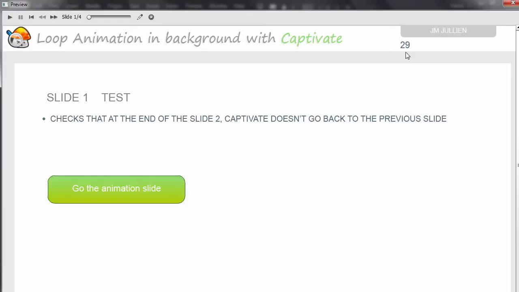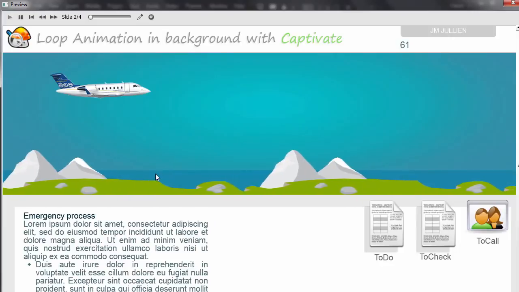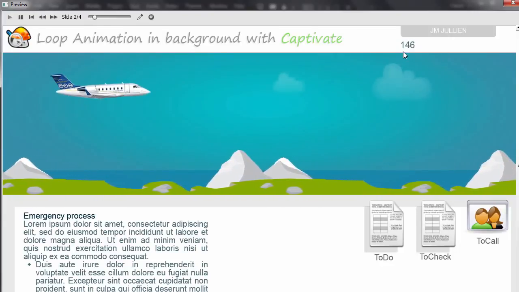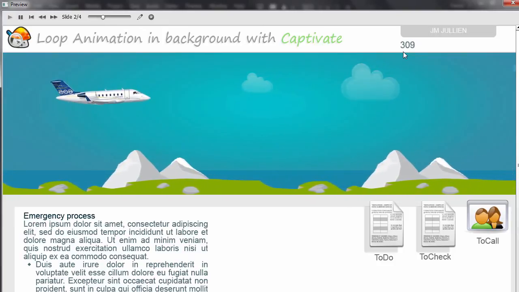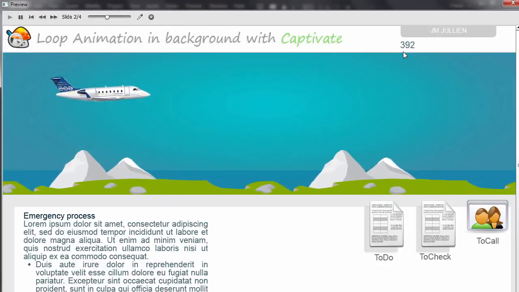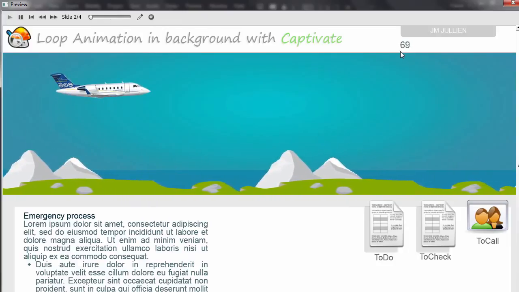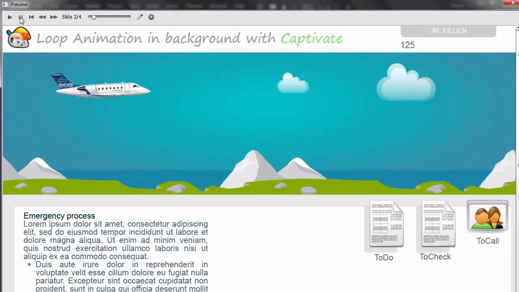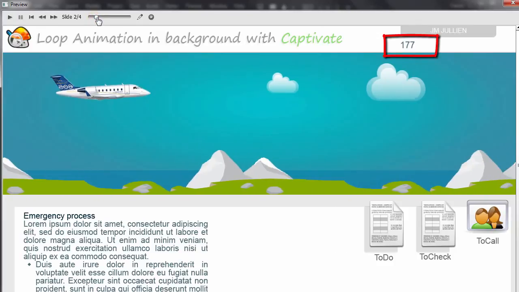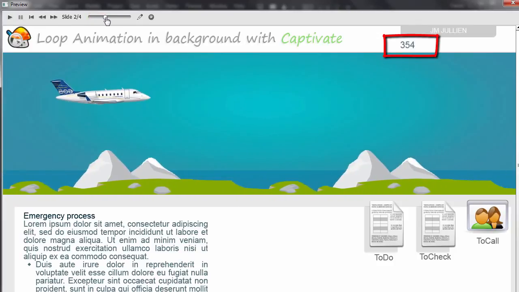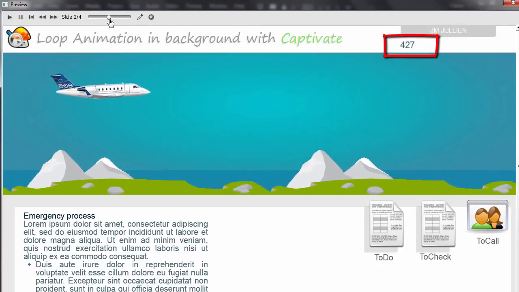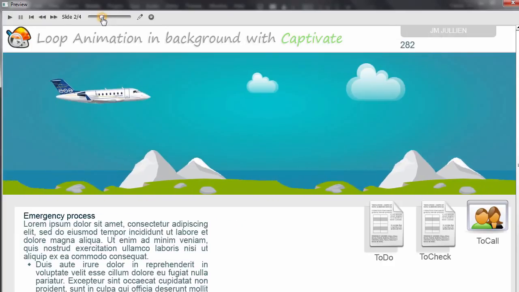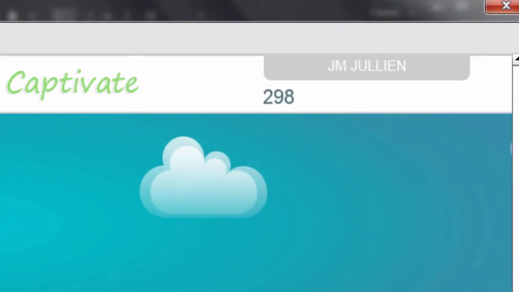Now if I launch the animation by clicking on the button, you can see that my variable runs and that figures are changing according to where we are. So it's pretty easy to identify at which frame number we are at a given time by stopping the animation and by dragging the button left or right. Notice that the variable displays figures 8 by 8 and not one after the other.